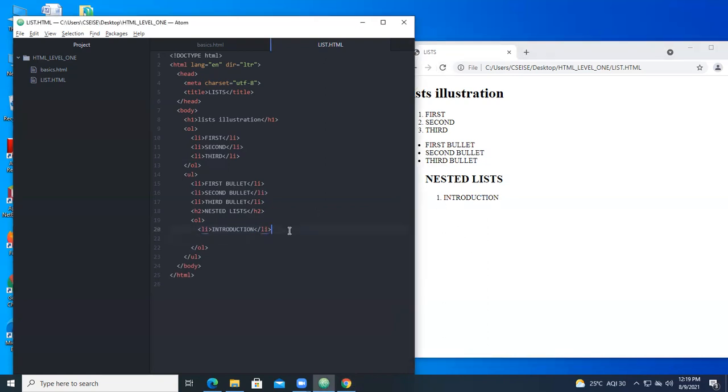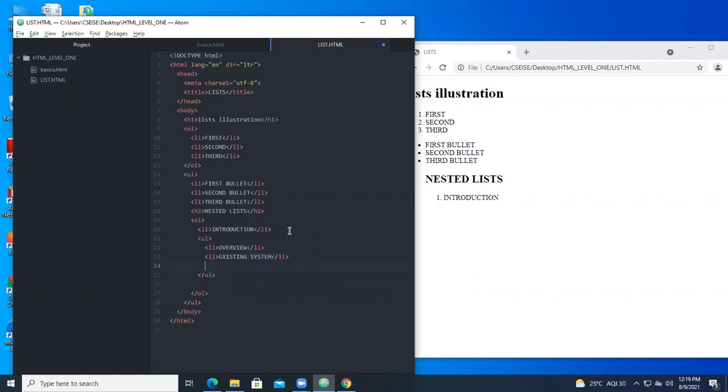Inside that, if you want to have the contents, you now open UL. Inside the UL, you give list. Under the introduction, what are all the things you have? You can have overview, and you can have the other one. I am just telling an example. So in the report format, you will be having introduction, inside that overview, inside that existing system.